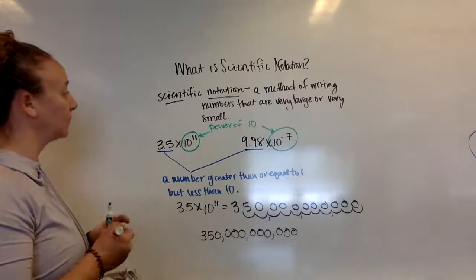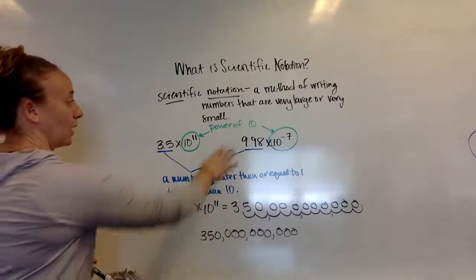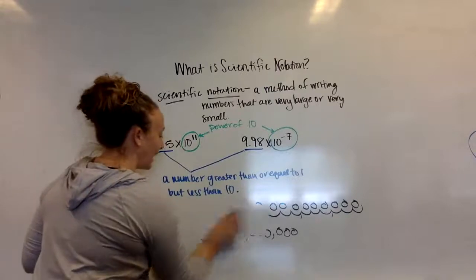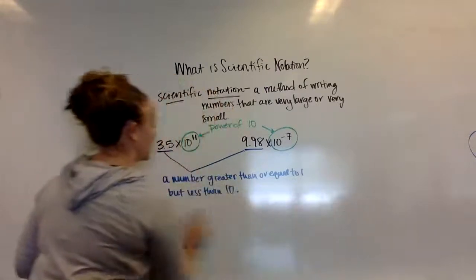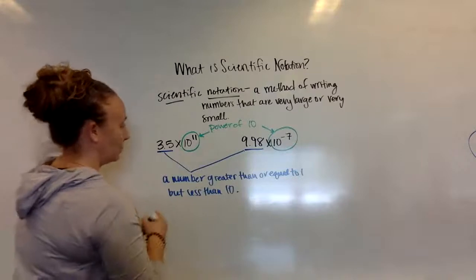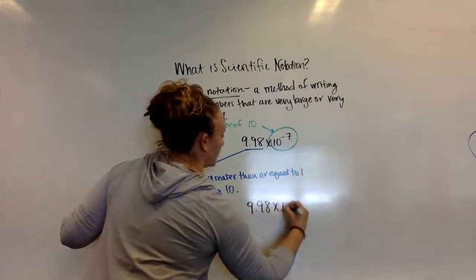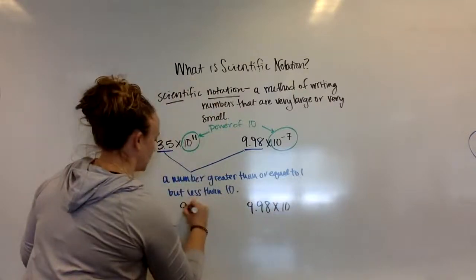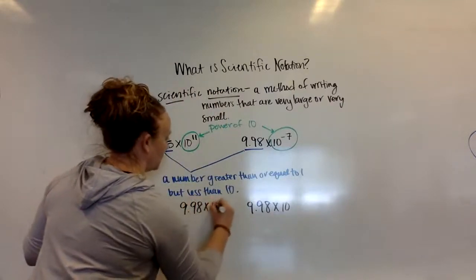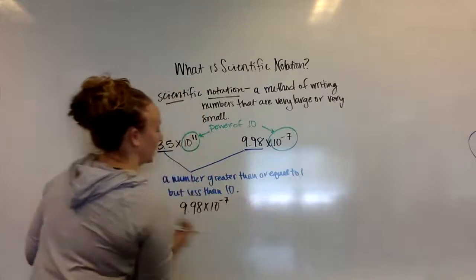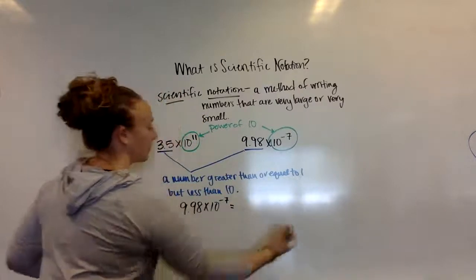350 billion. Now, on top of that, I can also write 9.98 times 10 to the negative 7th. If I were to write that out in standard form instead of scientific notation, I would write this. 9.98 times 10 to the negative 11. Actually, I should do this. 9.98 times 10 to the negative 7th power. I'm going to write an equal sign and leave a lot of space this time. I'm going to write